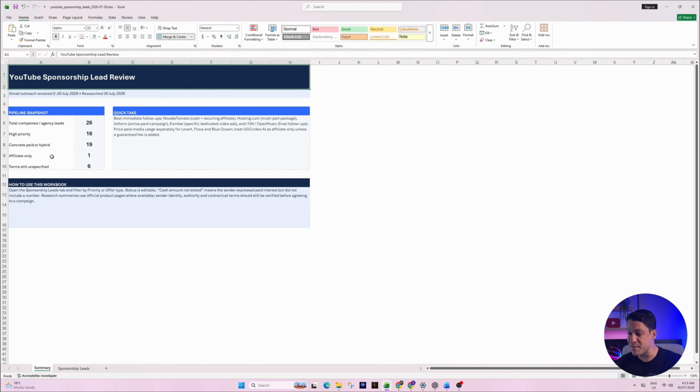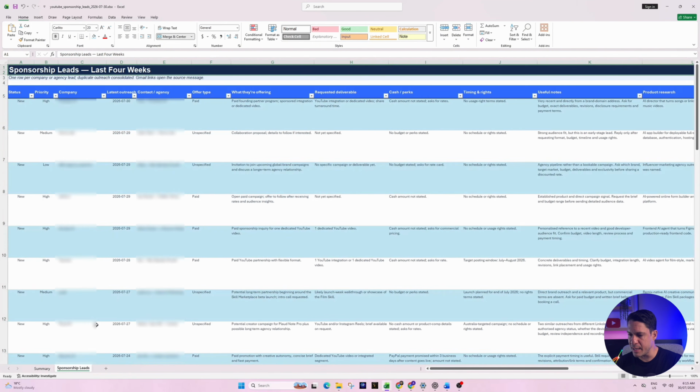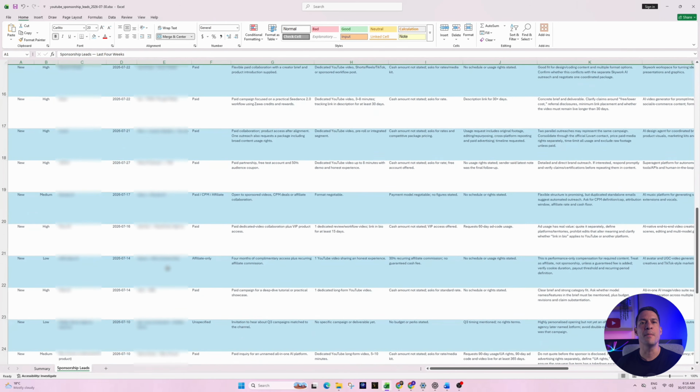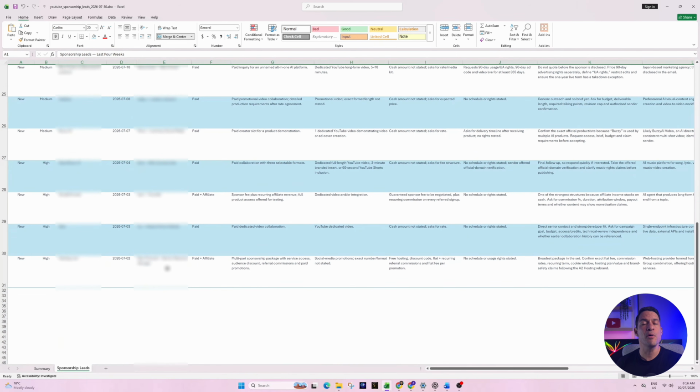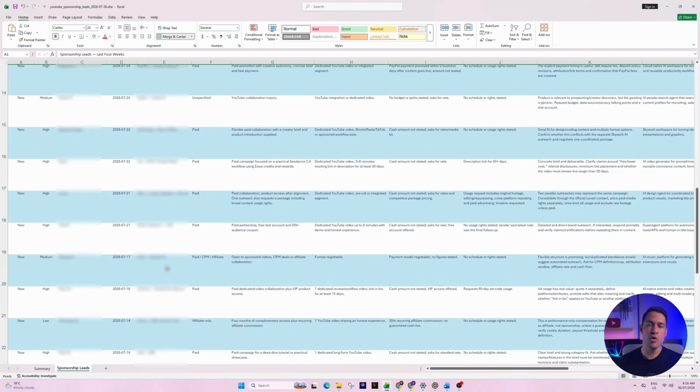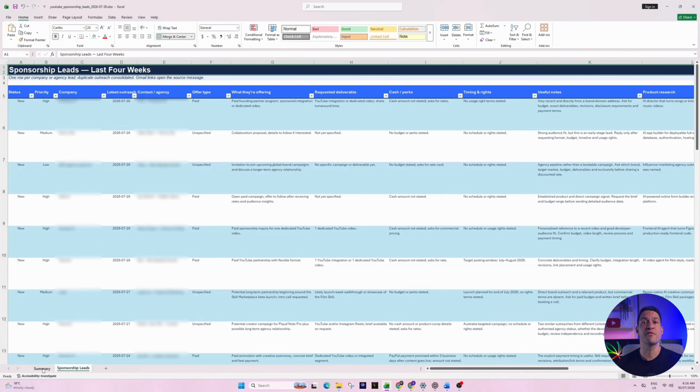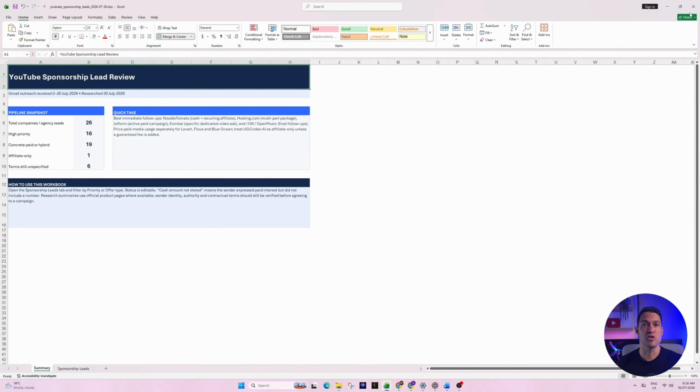It looks like we have a summary tab first, showing a snapshot of all the deals it found. If I go to the next tab, I can see all the brand deals nicely organized. Just think about what you could do with this, how much time this could save you every day. The possibilities here are endless. You could also ask Codex to draft replies to all of your emails before you even